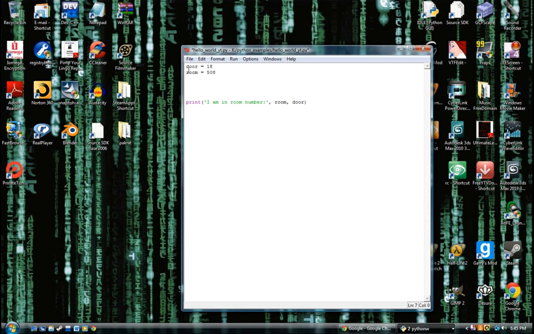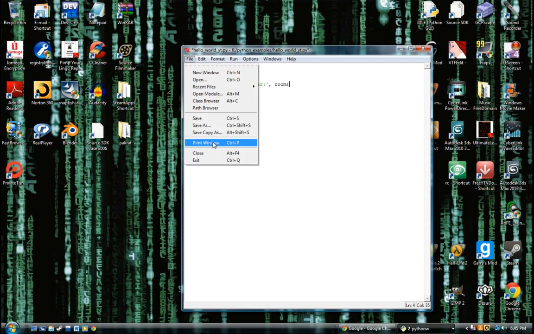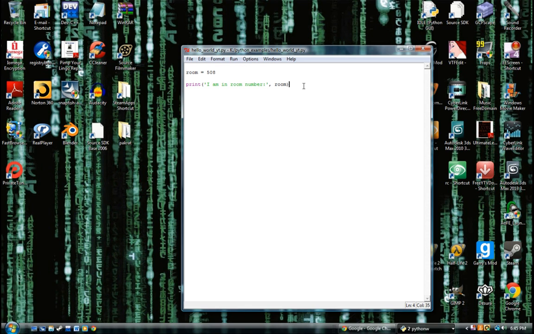So I'll just create some space. We'll keep this. I'll remove the door. Remove this. So we'll keep it simple. Save. So what it means by reassign is I am in room number blah blah blah, and then I can